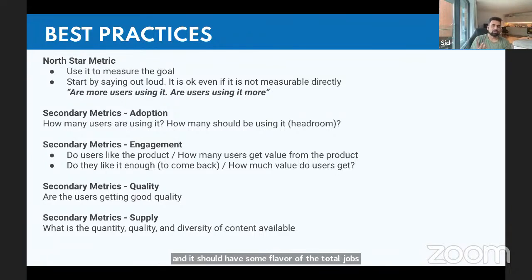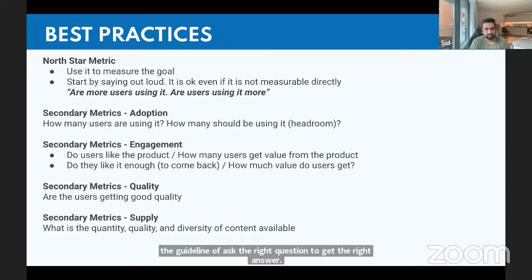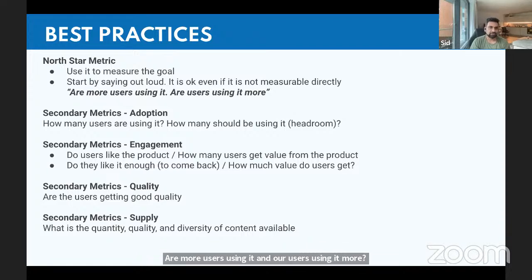The other way to create a North Star, in my mind, is asking this question. So now going back to the guideline of asking the right question to get the right answer: are more users using it, and are users using it more, right? So a good way to think of this is, if you think of Uber or these ride-hailing apps, when you ask people for a North Star, they could say that, hey, total number of rides per week is a good North Star. But in my mind, it's not, because